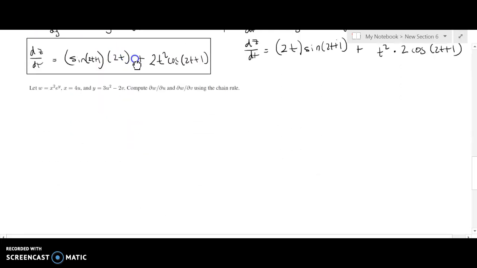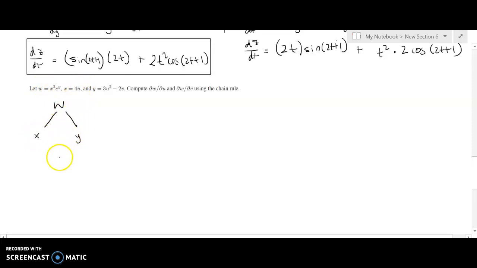In this example, we are told that w is equal to x squared times e to the y, x is equal to 4u, and y is equal to 3u squared minus 2v. Let's set up this relationship here. We have more variables now, but the application of the chain rule will occur in exactly the same way. So I have w as my dependent variable. w clearly depends on both x and y,